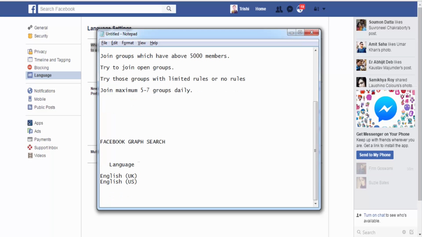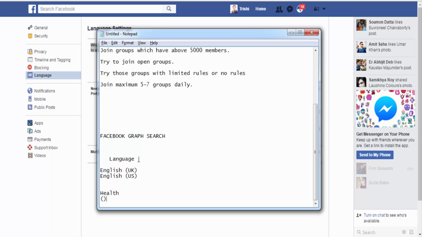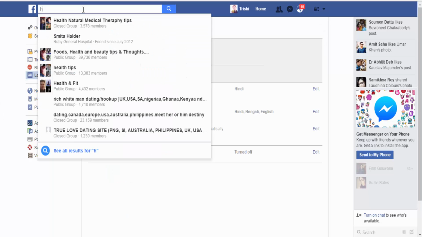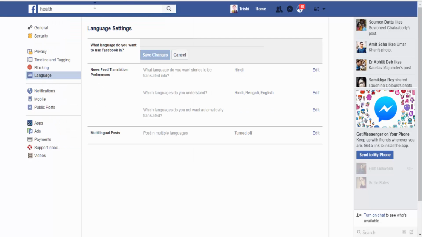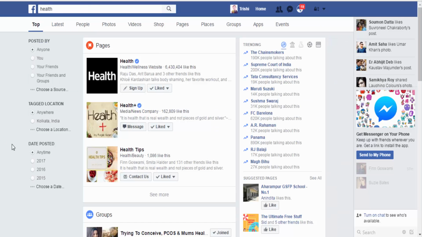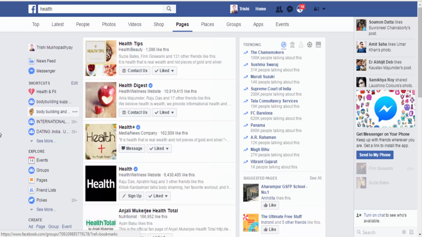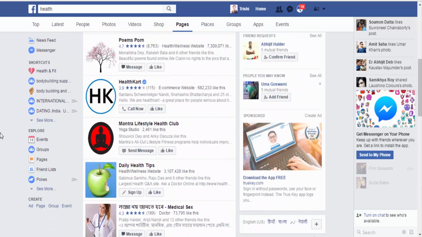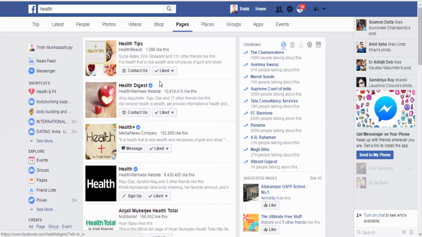Now you have to choose the specific niche which you have. We have our niche which is health, and now you have to find out one of your top liked pages, one of those pages which you have liked which have the highest number of likes. To Facebook we write health, let's go to pages, guys. This seems to be a very good example with a decent number of followers, so we'll choose Health Digest